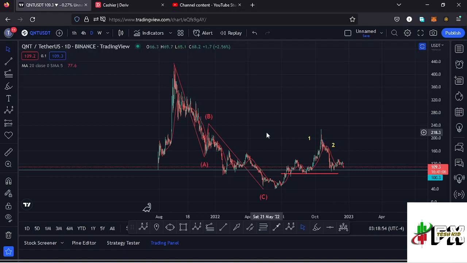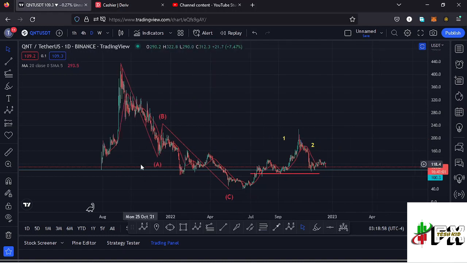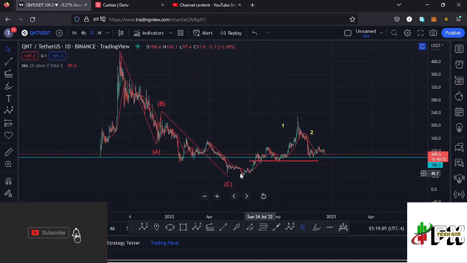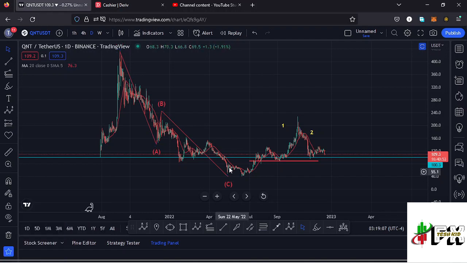And allow me to kickstart the video here on the daily chart by giving you a brief of what has been happening here on the Quant chart. Quant from the all-time high had been seeing lower prices in this massive ABC corrective structure, which took us back to around the $40.1 mark, and after seeing that low we have been seeing a very nice bounce to the upside,